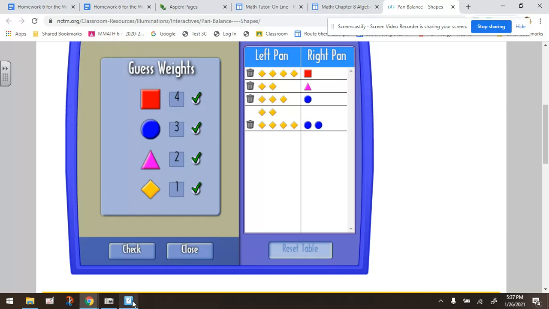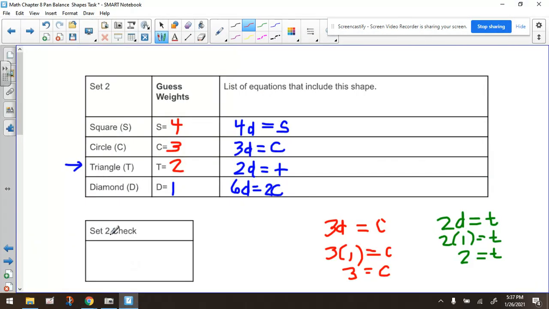Now let's talk about the next step, which is to do a set check. So we can take any one of these equations that you want. So let's say you want to take this one. You can choose, I'd probably choose the one that's the easiest for you. And you just have to copy the equation again. Now remember, you need 3 lines of work. So the first line is the equation itself. The second line is the